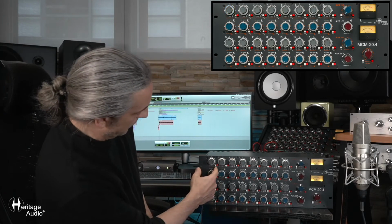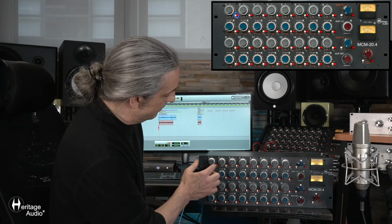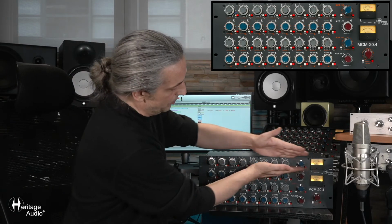To the right of each control, you have a white button for the on-off for each channel, as well as a button to activate the insert, a balanced insert send and return for each channel. Now, on each row,